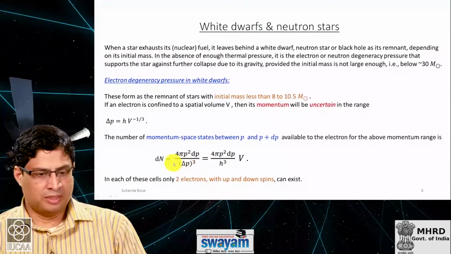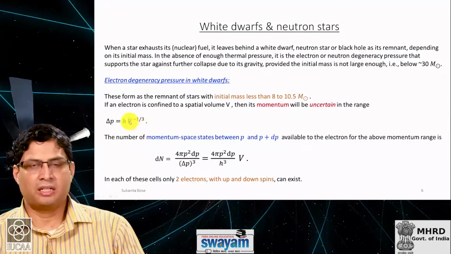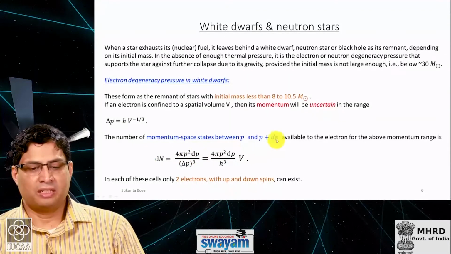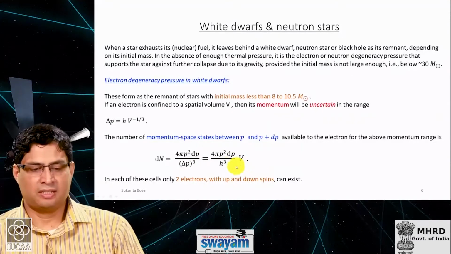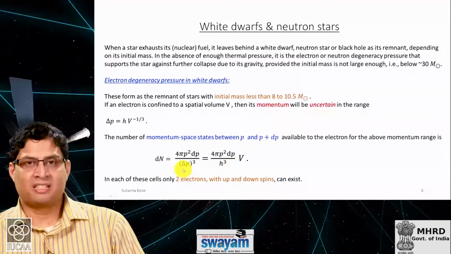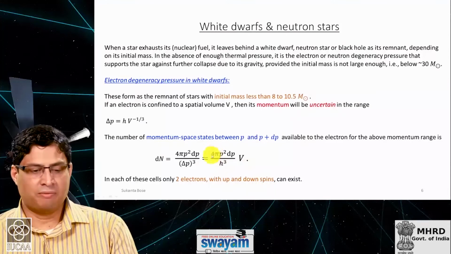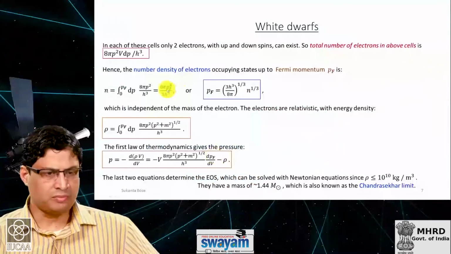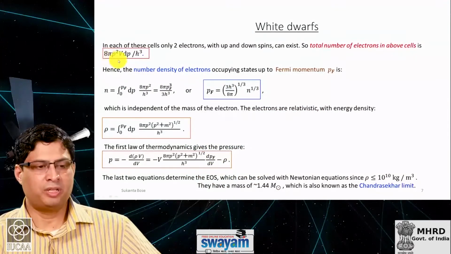But then you can replace delta p in terms of the Planck constant and the volume available to this electron. So you express the number of cells confined in this shell of dp thickness and volume V as such. But because each of these cells can accommodate up to 2 electrons with up and down spins, this factor of 4 is converted to a factor of 8. Continuing, this is the number of cells available to you,